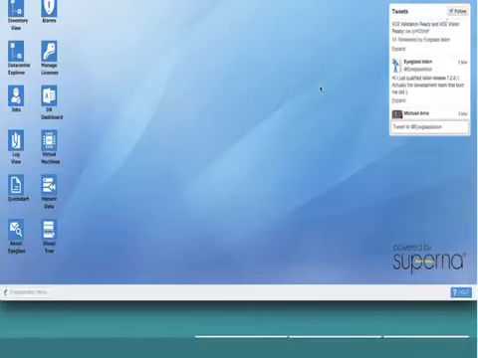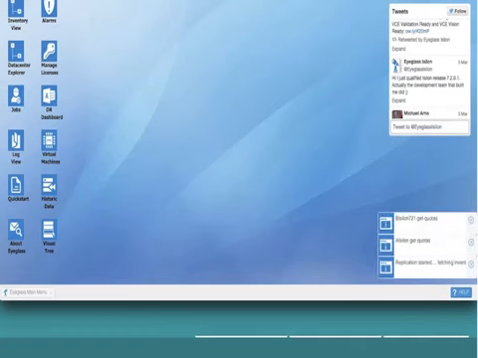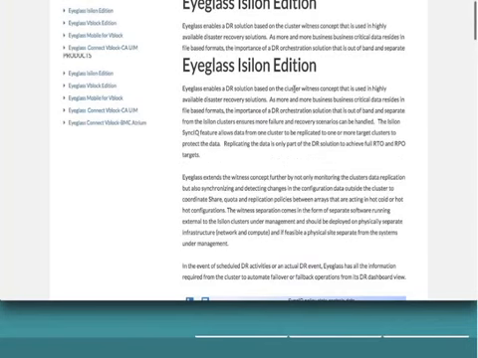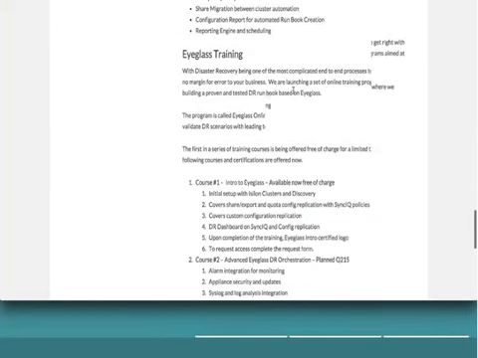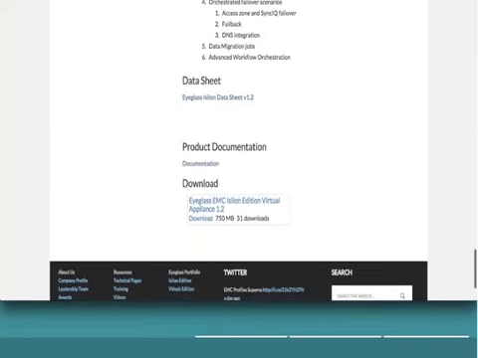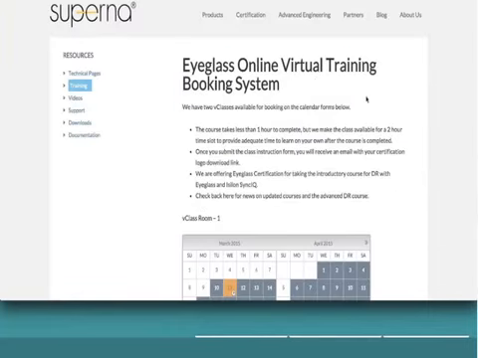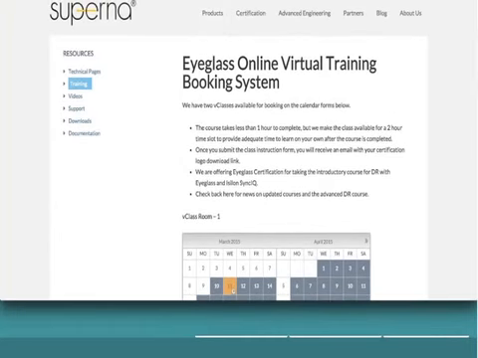That's awesome. One last thing, a couple things I can leave with everyone is, anything new or useful, of course, is on our product landing page. Downloads of the appliance, data sheet, and so on, product documentation is online. But the other thing we wanted to point out was if you want to get your hands on it and try it out, this URL at the top, Eyeglass Online